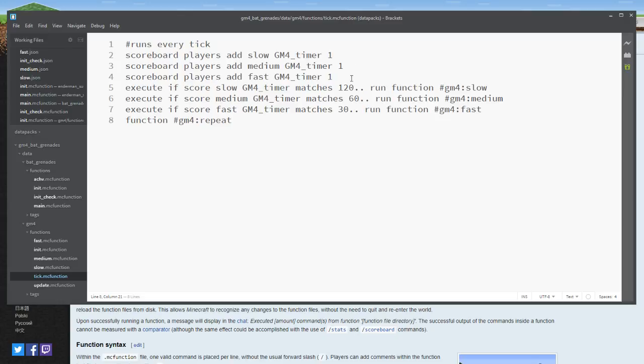8, 16, and 1. So fast is 60 ticks? No. Medium is 16. Fast is 8 ticks. And then I guess the 20 hertz repeat is 1. And then I guess this would be like...